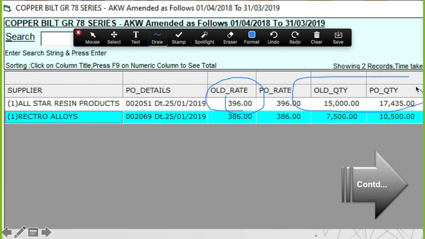Yes, you're right. So here the rates, the rate is same in the first case. Rate is same, and the quantity has changed. So it's very interesting: why did you increase the quantity when the requirement was 15,000, so why did it become 17,000? And as a matter of fact, there is one more interesting thing here,